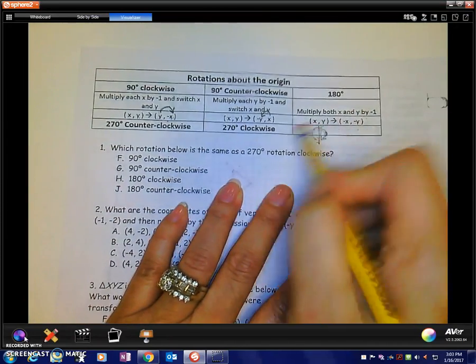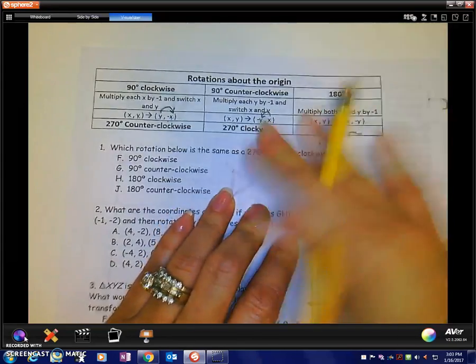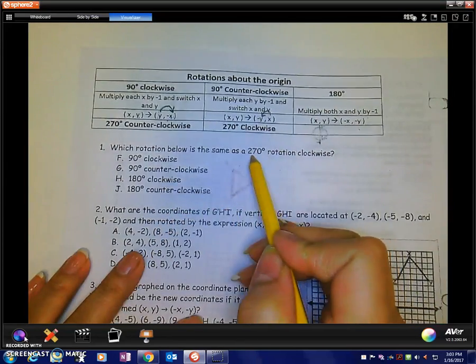So, number 1, which rotation below is the same thing as 200